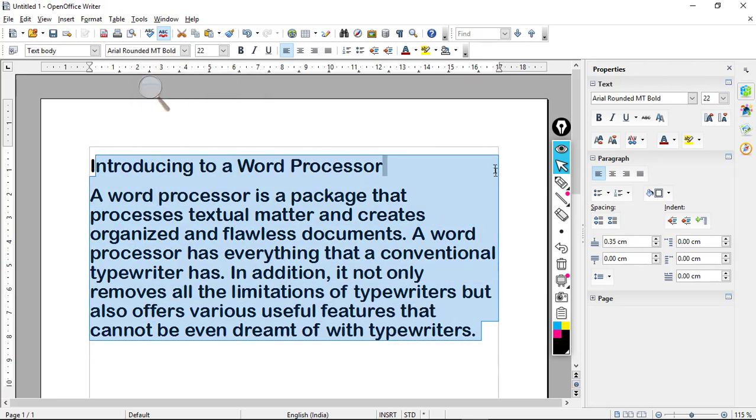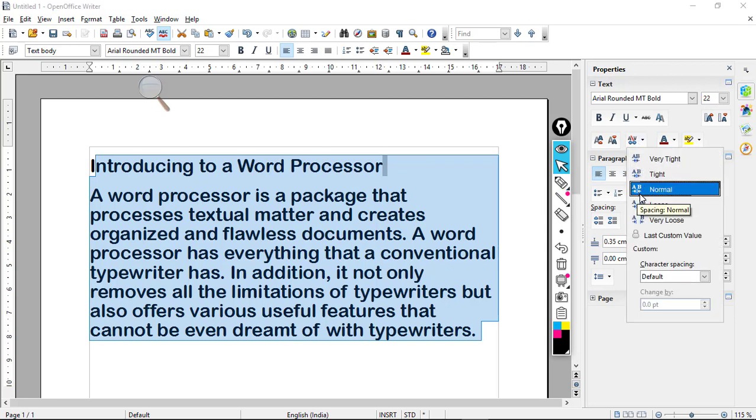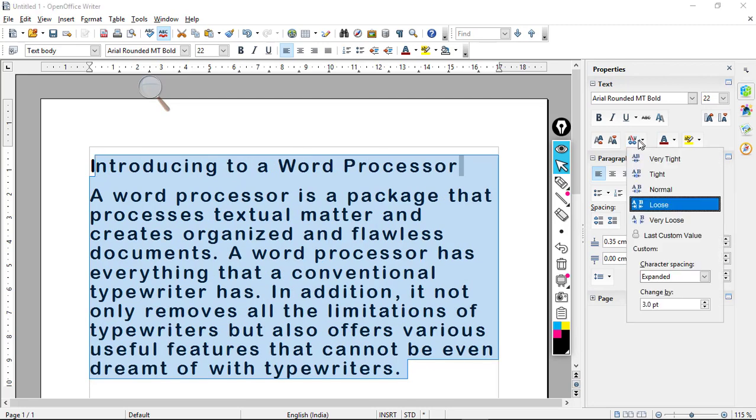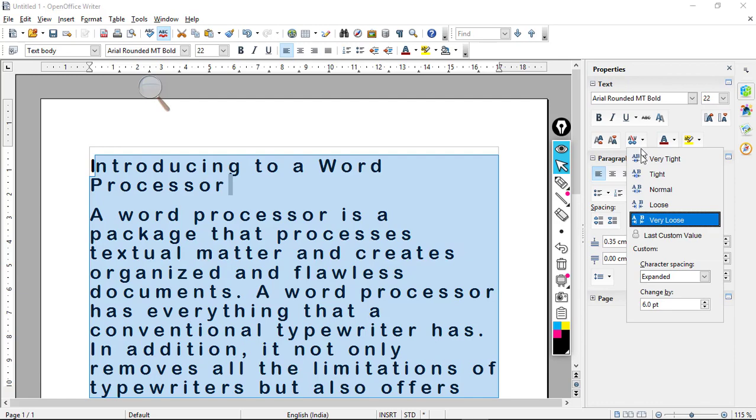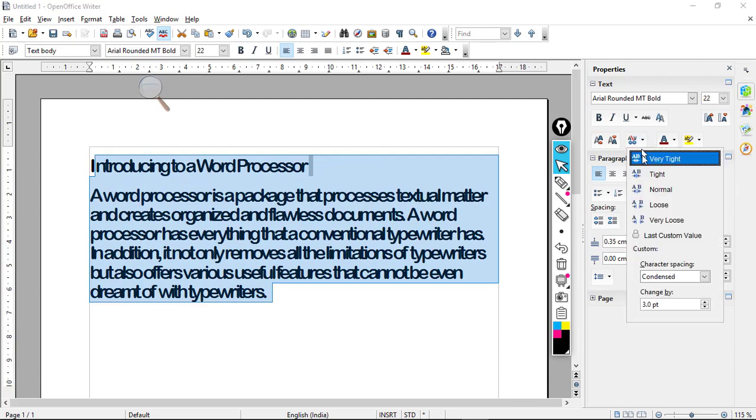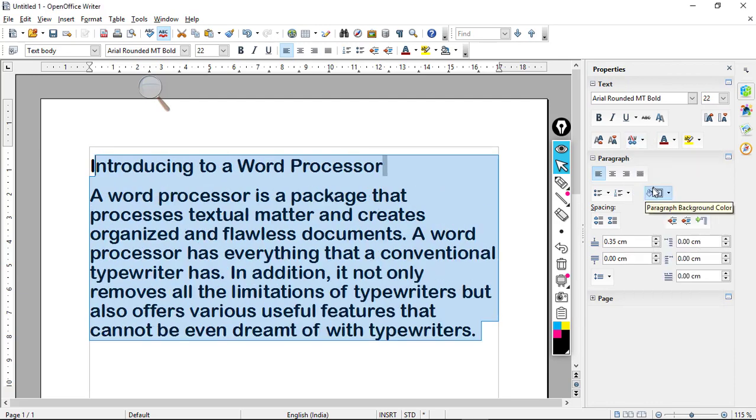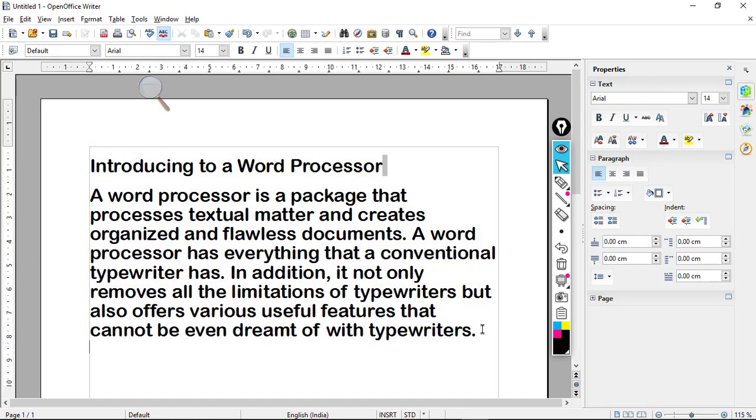Let's suppose you want to increase the spacing between the words and some other properties, and for that we can use this. Here we have the spacing option. So from here we can use this very loose, then very tight option, normal option. So all these options will help you to pack up your text or your characters. Fine, it will help you to manage your text space. So what we are discussing first, like how you can work with the non-printing characters, the first thing that we have discussed.